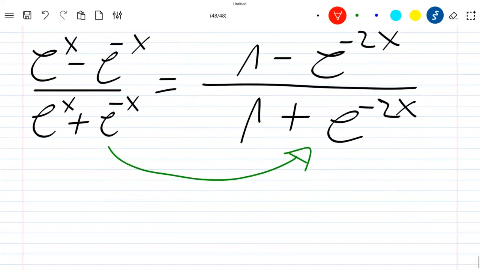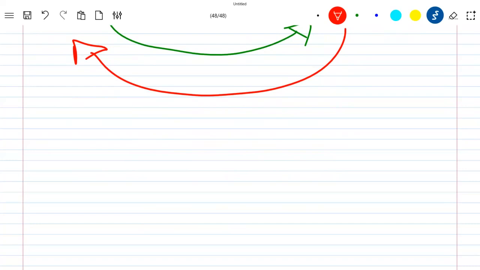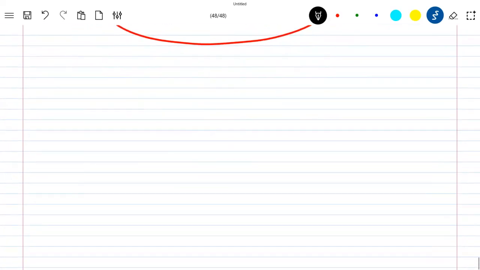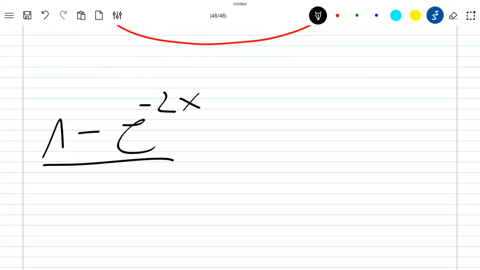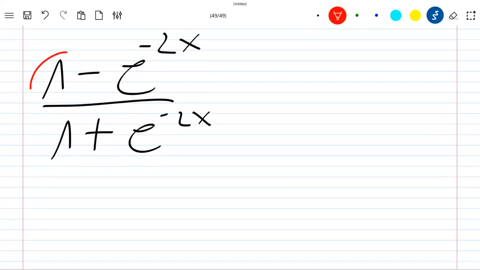Now let's just take this one and show that we can have this one. Okay, we have here that if we take 1 minus exponential minus 2x divided by 1 plus exponential minus 2x. Okay, what is 1? First note that we can write this 1 and this one as